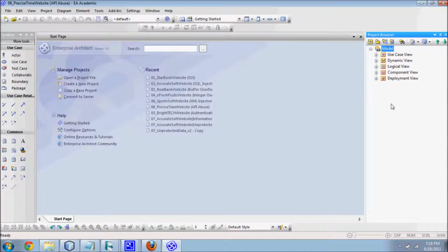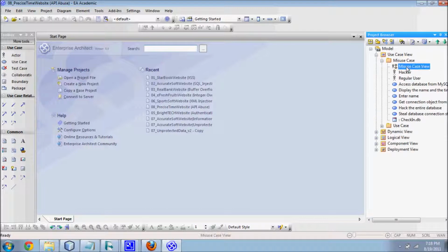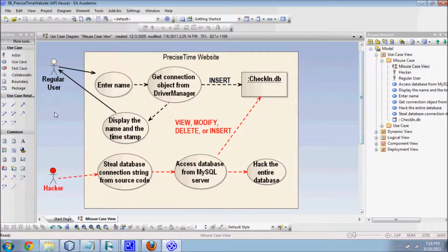Now, how do we reverse engineer the API abuse attack? First, we look at the misuse case view of the check-in timestamp application. This view presents extensions and exceptions to the main success scenario, which are potential attack vectors. From this view, we can see what developers intended users to do and what hackers can actually do with this